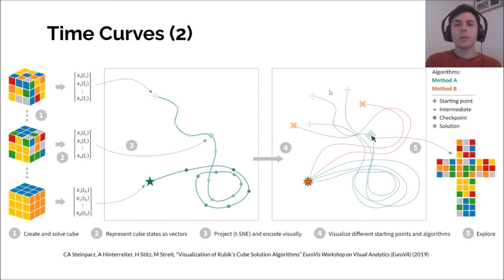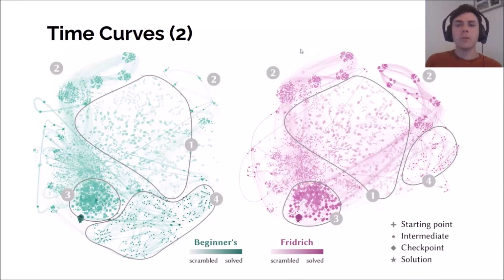In our work, we used a similar concept to visualize differences and similarities in solution algorithms for the Rubik's Cube. So the principle is the same. We find some way of structuring the Rubik's Cube into a feature vector. We define a similarity metric, then we can plot the temporal sequence but position the points according to the similarity. And this creates really nice plots that show differences and similarities when you combine time curves for many randomly initialized